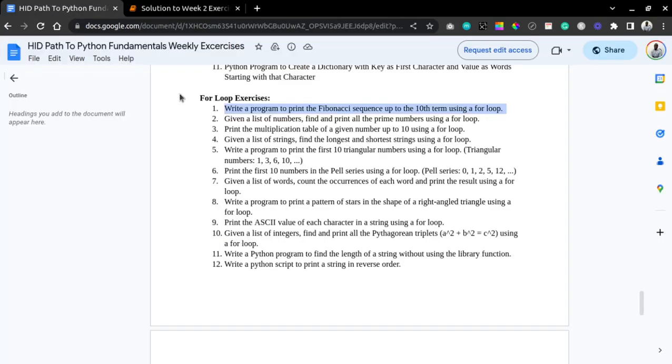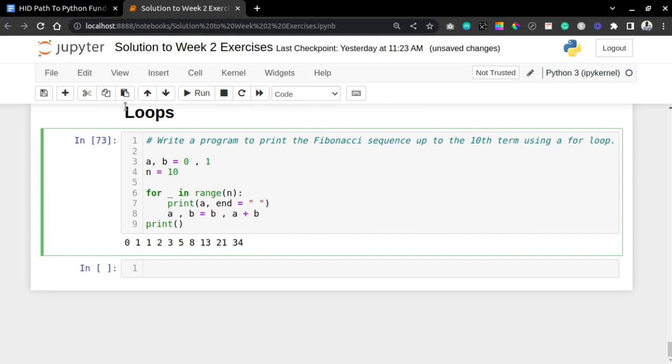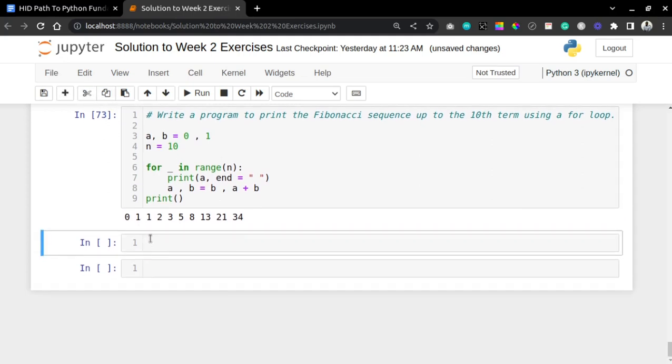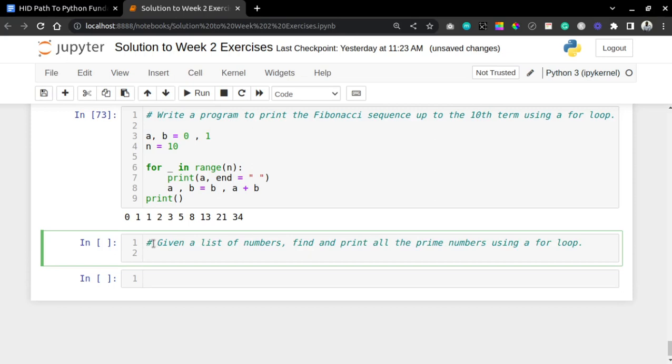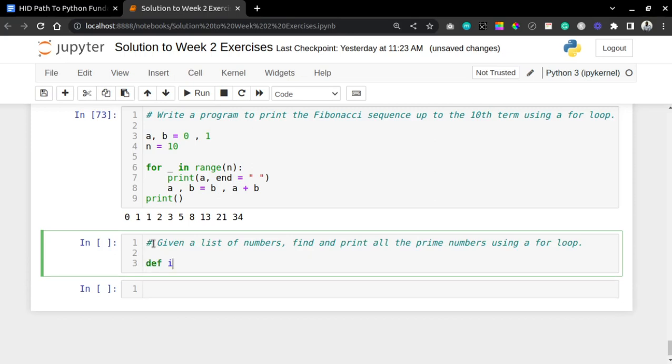So we move on to the next one. Given a list of numbers, find and print all the prime numbers using a for loop. So this is very simple. Print all the prime numbers using a for loop. So I want to use a function here. So I can do something like def is, no, I have to paste the question first. So I can do something like def is prime